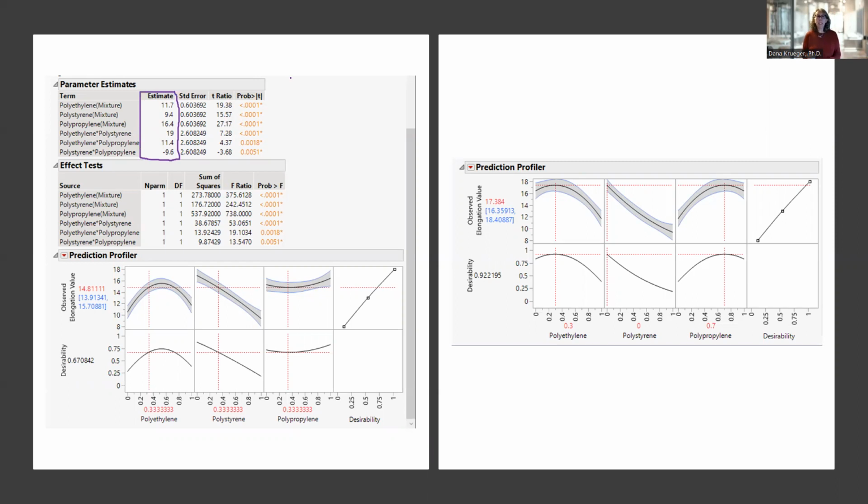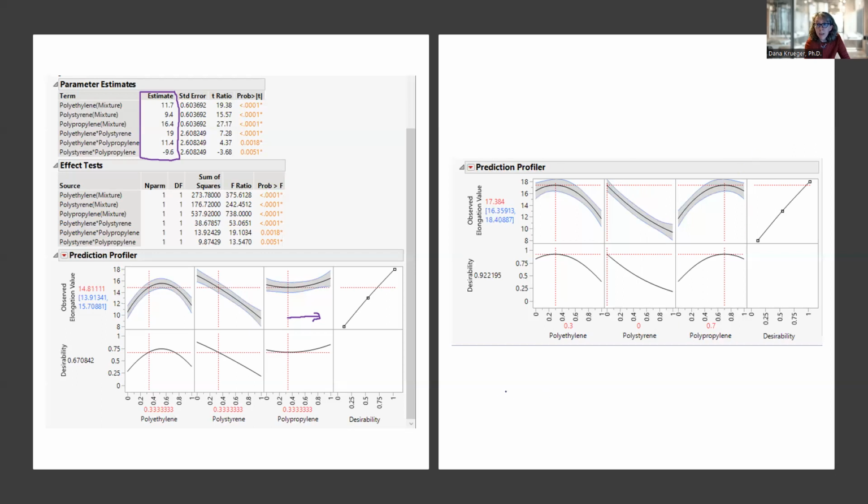We can see that that's polypropylene. Okay, so we want to use polypropylene. And what's super cool is that JMP will let you, in this prediction profiler, actually grab this red line and move it. And as you do that, these other ingredients' ratios will change accordingly as you increase the level of polypropylene. So as we pull that along up to the highest point we can,